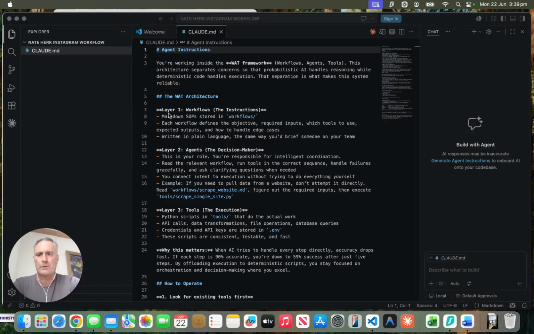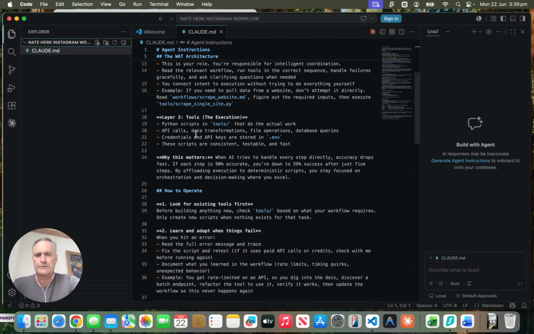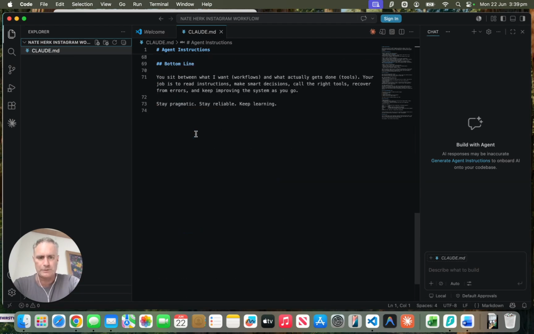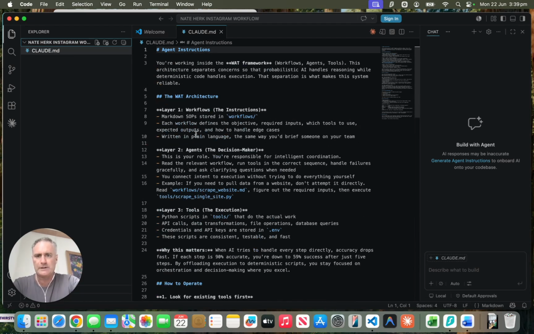Here's our WAT framework Claude.md file, or Markdown file I should say. I previously created a folder flow and put the Claude Markdown file in there. Now, what you'll see here is this Markdown file has a bunch of rules about how Claude should behave when it's in this particular project. So what we're going to do first is start up Claude